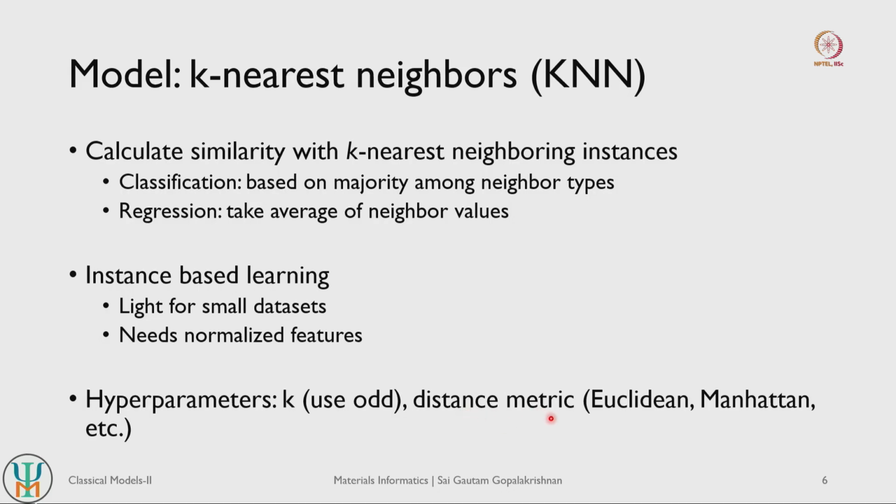We typically use some kind of a distance metric, right. So, a distance metric in a functional space. Normally in Cartesian space it is very easy to understand the distance metric. In a functional space or in a parameter space, we can also define an equivalent distance metric. So the Euclidean is the classical distance that we can define.